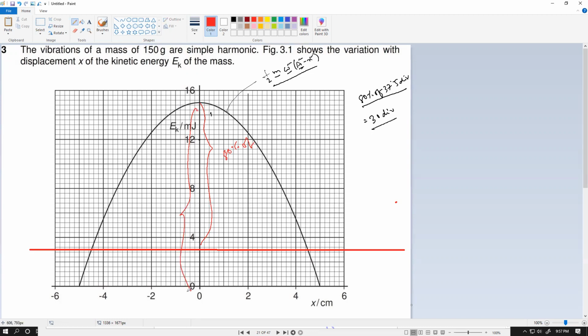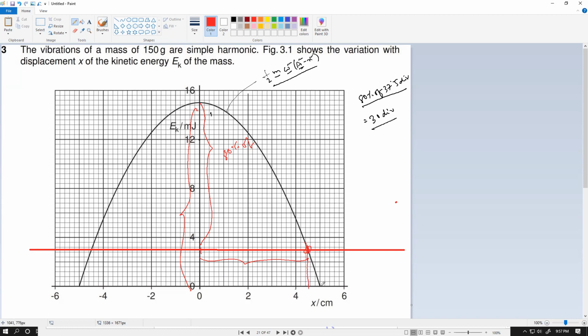So other than lowering the whole graph, I'm preferring to observe the graph with a lifted up x-axis, because graphically this is the same mechanism. This is a bit reversed, but this is easier for us to do because we don't have to judge for the whole curve to change shape. We just have to consider the horizontal level or the x-axis to be a bit up. How does this help? If you observe it at this level, you're going to find out this cross point very easily. And now simply find out how much is this displacement from the equilibrium. So from 0, what will be the value of this new displacement, tell me? Up to this much, what will the value be?